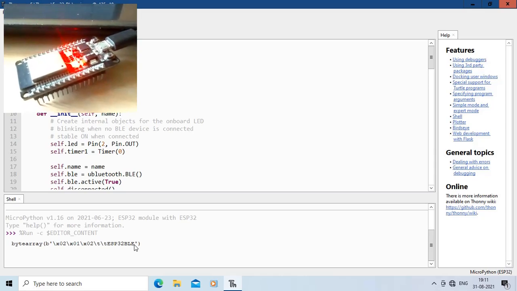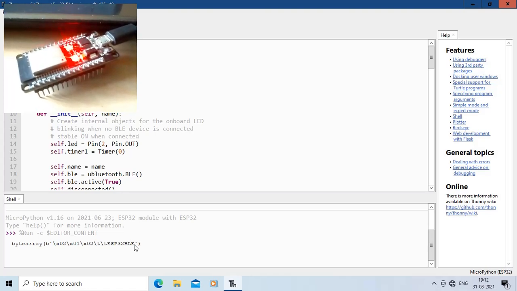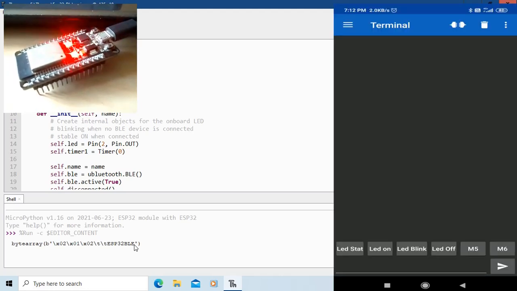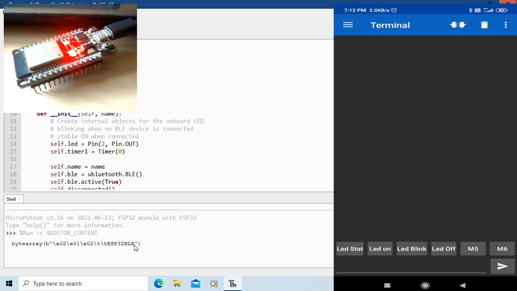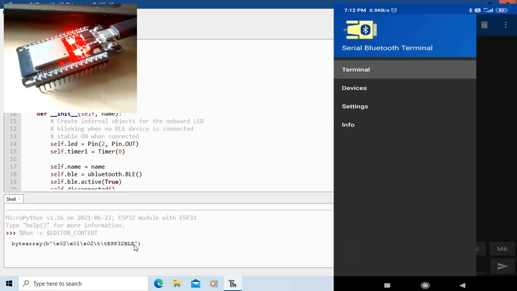Now the time has come for us to switch to the terminal app. This is the terminal app. So let us press these 3 lines icon and then press devices.